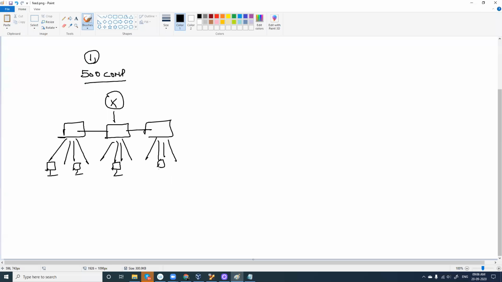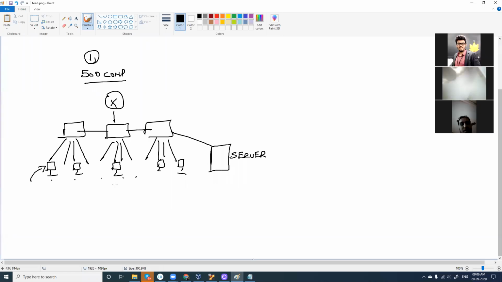Now they also have one server. I hope you have seen servers in Packet Tracer and have seen them being configured. This is my server here. Now I told you, in case I wanted to look at the log files of this particular computer here, I have to log into this computer. I have to go there physically and then open event viewer, or use one of the many event management tools in the computer to view what is happening inside it. So I have to go individually to all the computers, all 500 computers.